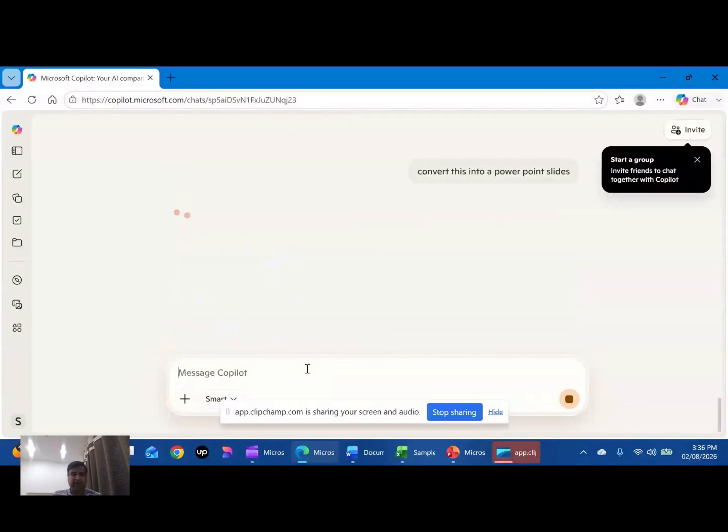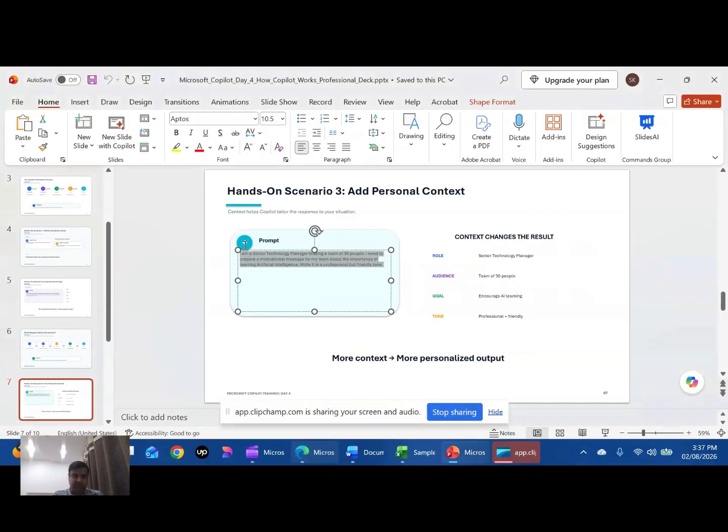So now what will happen? It will generate a simple slide from this, create an AI motivation slide. It's generating a PPT from this particular content. It will take some time because it will go and generate the full slide deck. So the purpose of this particular exercise is that